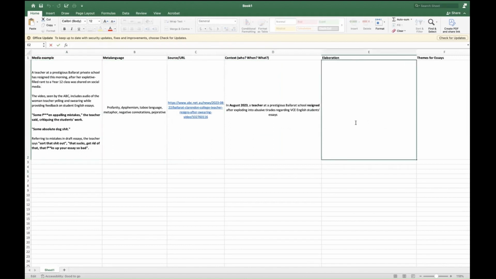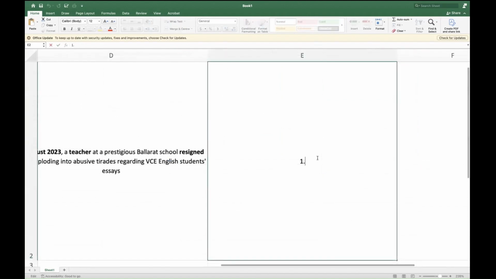Elaboration, I'll teach you later. This stuff I'll go through later. But essentially, I won't elaborate for you, but I'll tell you what you do. Number one, you want to mention the stylistic effect. Just like ACs, it's the same as an AC. The essay and the AC are very similar because you analyze the effect of the media example.